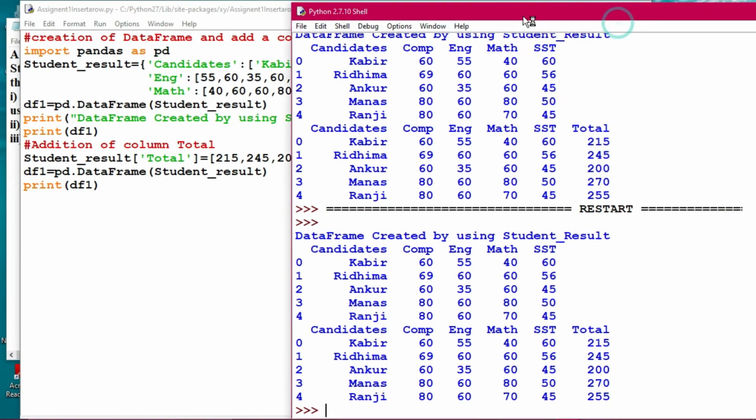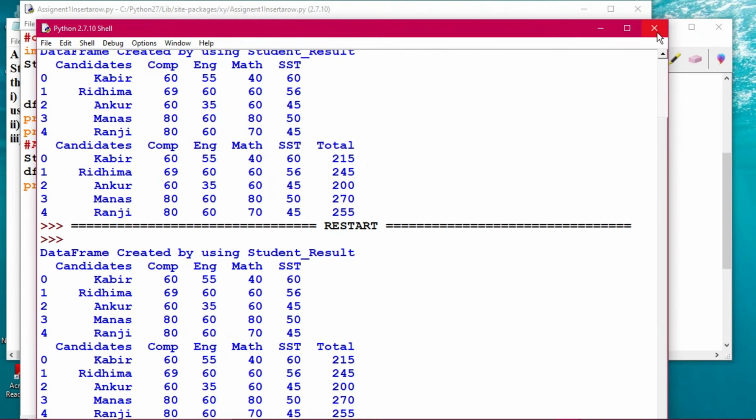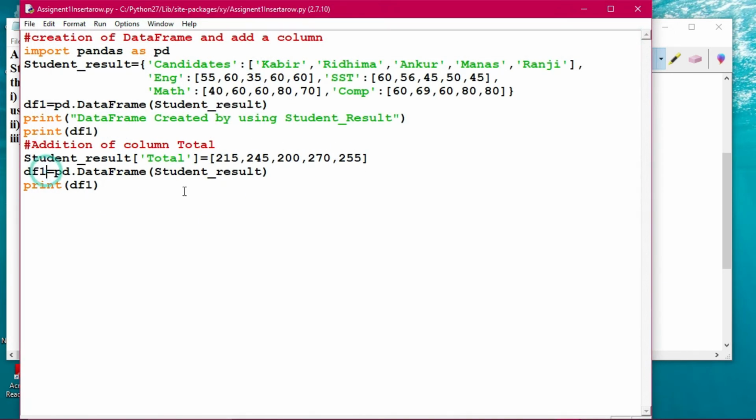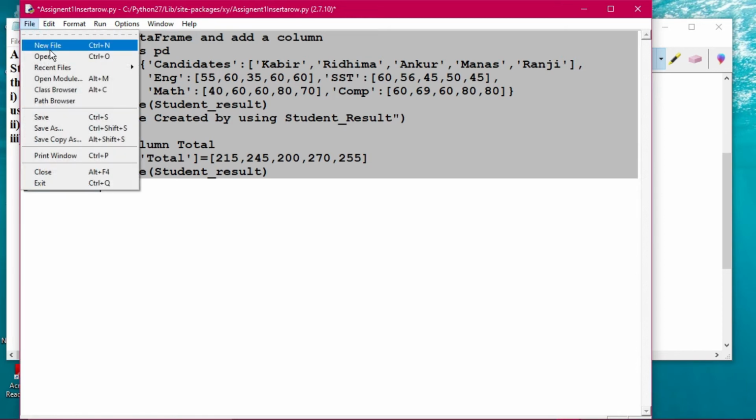This is also possible. Once you print data frame df1, you can also do it directly after giving this. Anything you want you can do. For the sake of understanding, I am keeping this as a new one. Otherwise, from the old one it is a reference type. Whenever you define the object under student_result, it stays there, so if you print a different df1, it will also show the same result. So we are coming after addition. This is the addition, the creation, everything. I'm copying the whole thing and taking it into a new program, a new file.